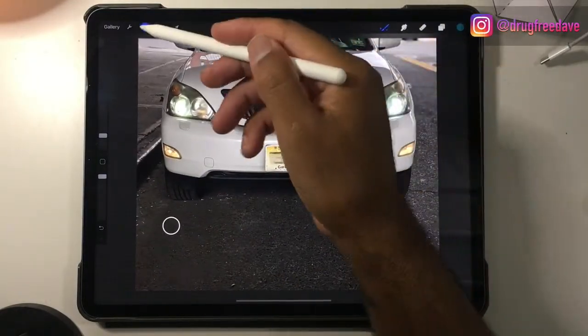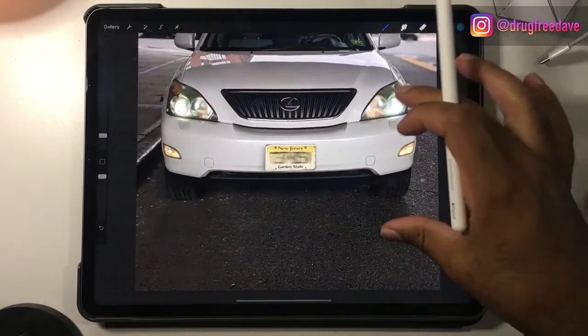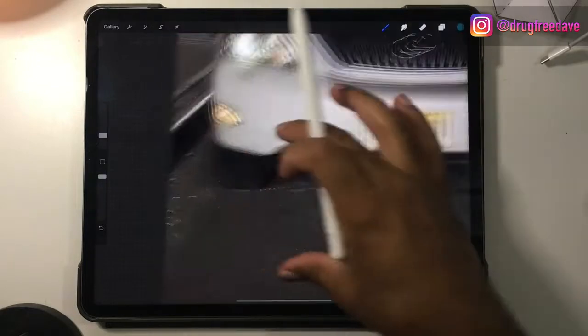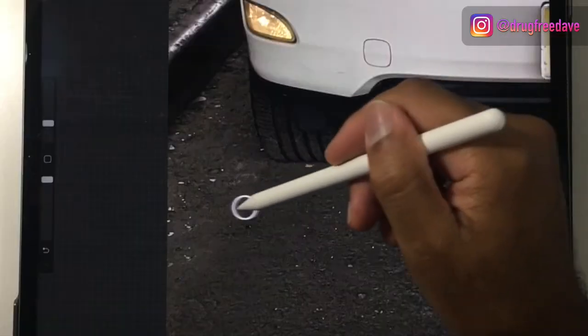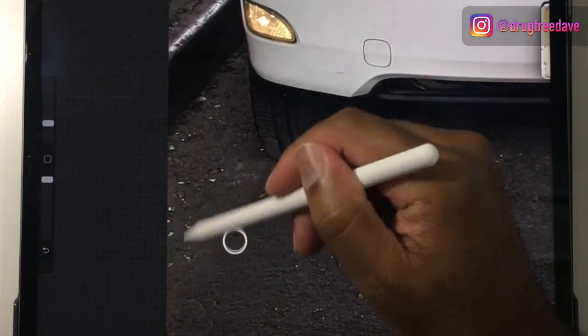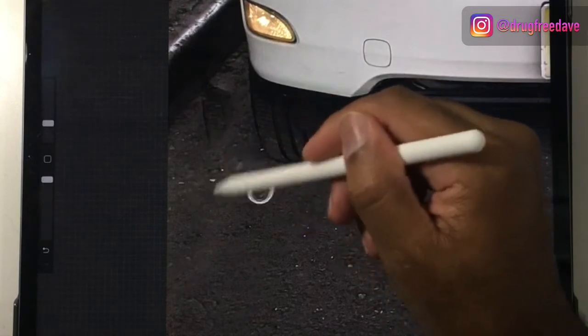So that's a quick and dirty of how to use the clone tool. Remember, it's in adjust and it's right below liquify, and it's very, very useful for things like that. I'll even take out some of this stuff too. Clone. I'll use this, and then I'll just kind of lighten this up, just as it takes away from the